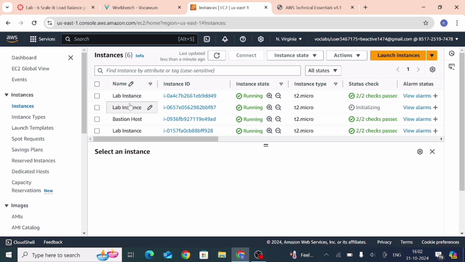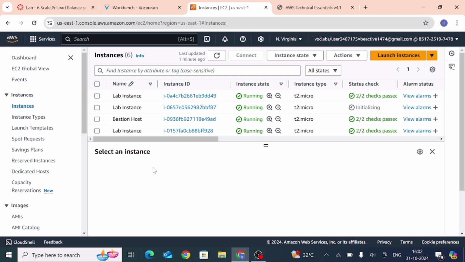Now we perform task number 6, which is the last task from this last lab. So lab number 6 is the last lab of the AWS. So let's start. Task number 6 is determine the web server 1.